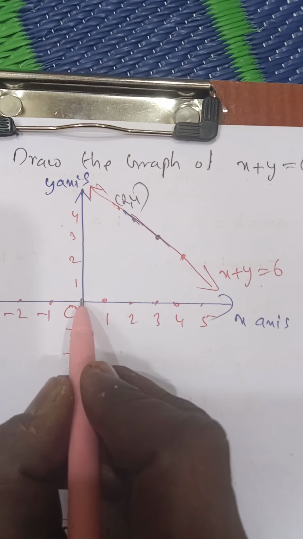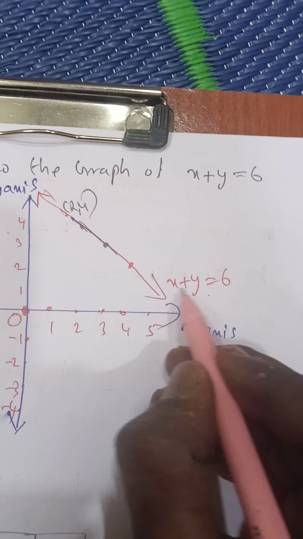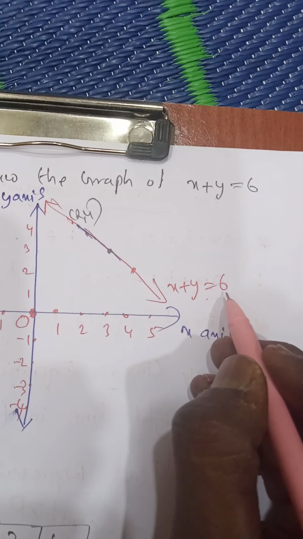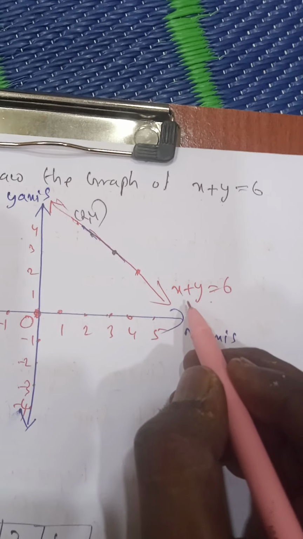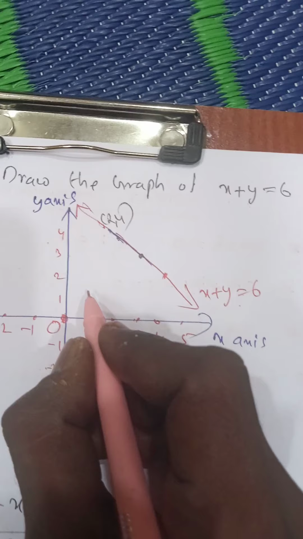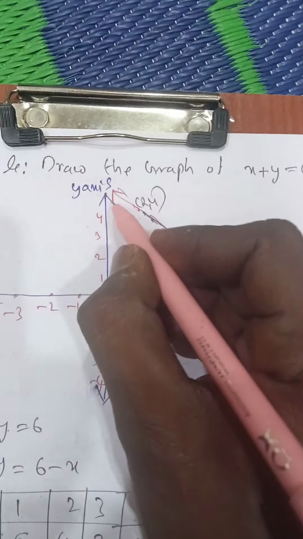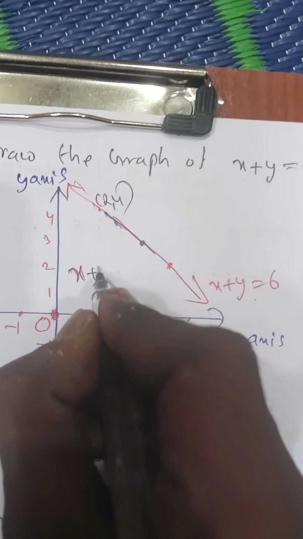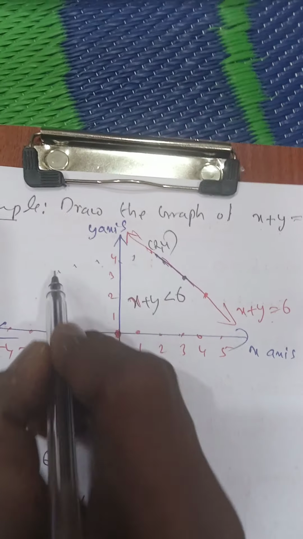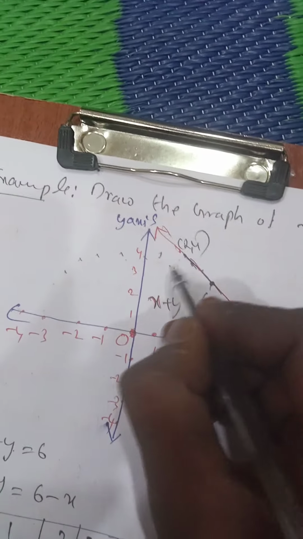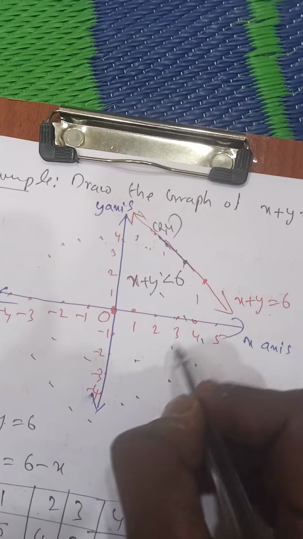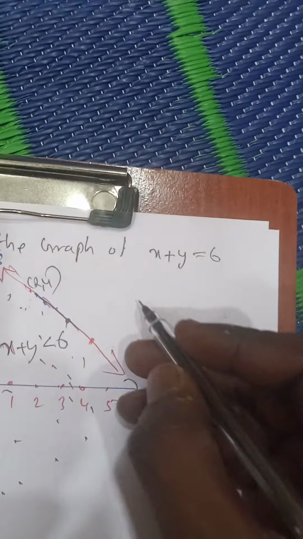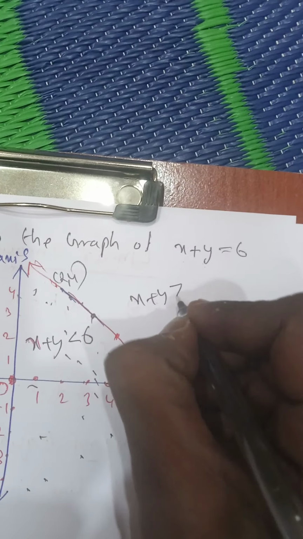For that, you go to the point (0, 0). Once you substitute 0, 0 here, 0 plus 0 is 0. Is that number 0 less than 6 or greater than 6? We know very well 0 is less than 6. That means this half plane must denote the less than type inequation, that is x plus y is less than 6. Whatever points are on the left side of this line, every point comes under the solution set of x plus y less than 6. So this other side automatically becomes x plus y greater than 6.